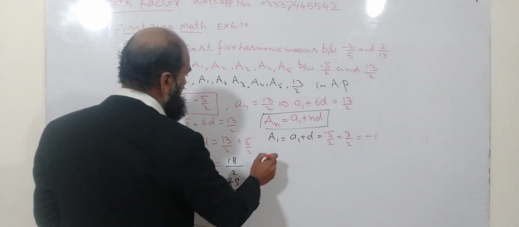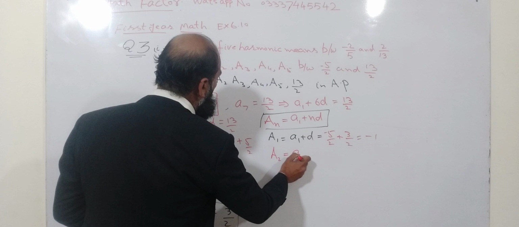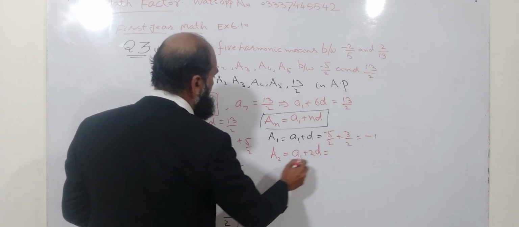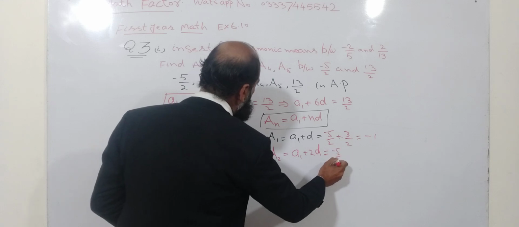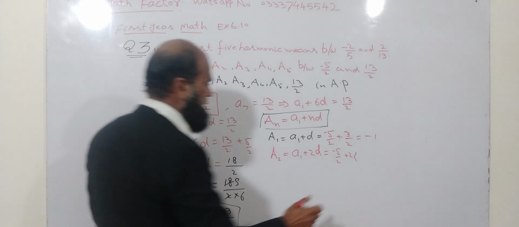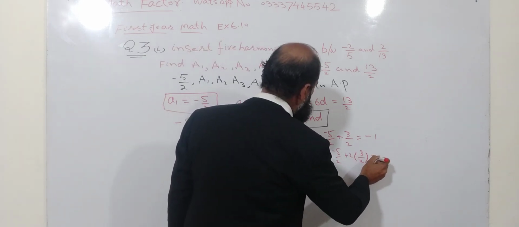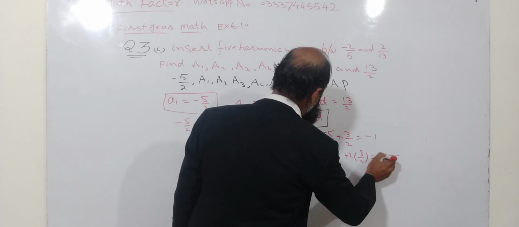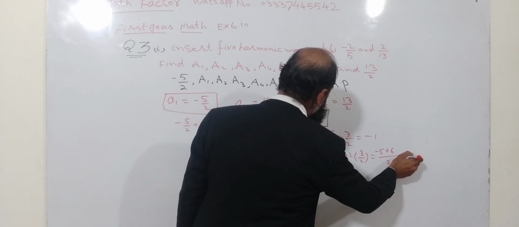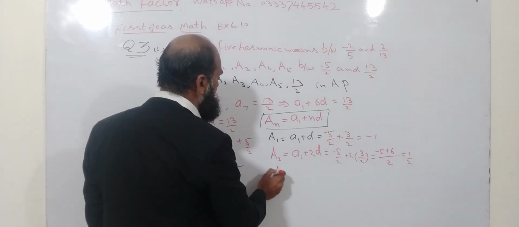Next formula, A2 is equal to a1 plus 2D is equal to minus 5 by 2 plus 2 into D, D is 3 by 2. After simplification, we can write here minus 5 plus 6 and our result is 1 by 2. And A3